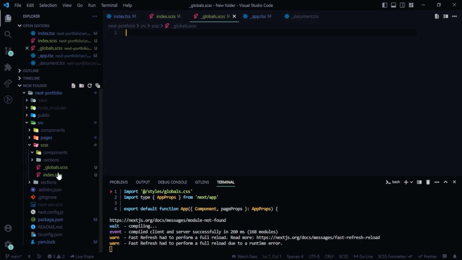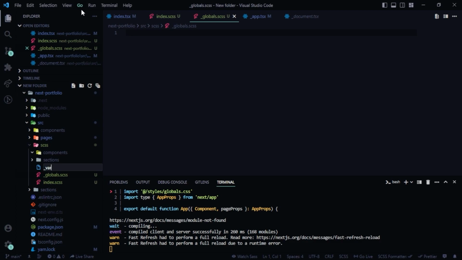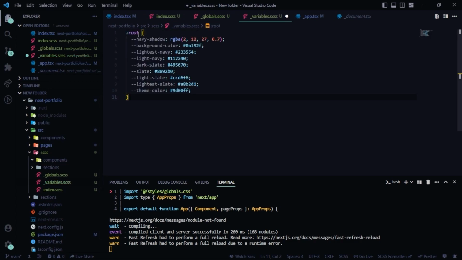So I think the variables should be inside a variables file. So inside variables.scss I'm going to paste these variables,